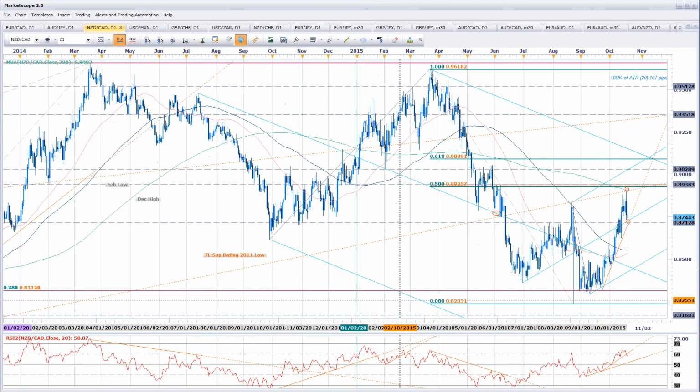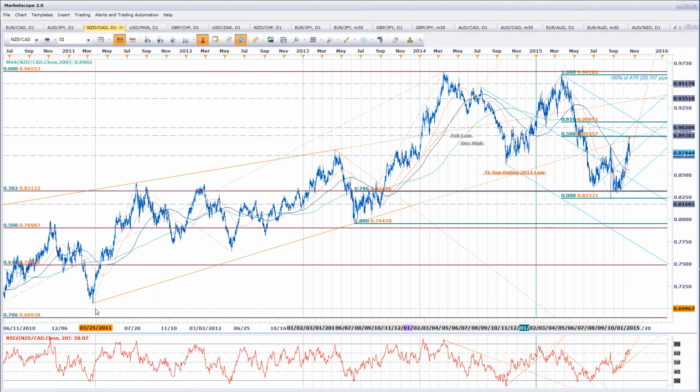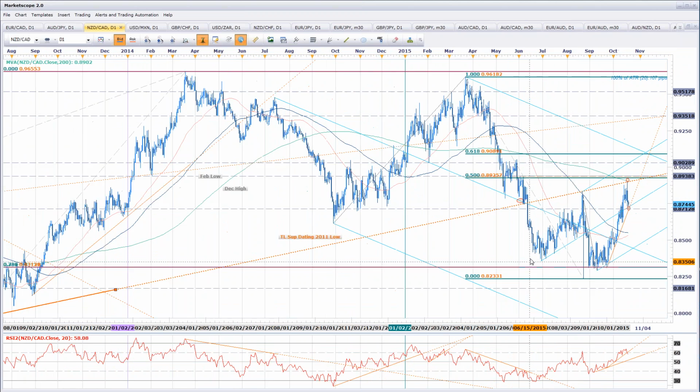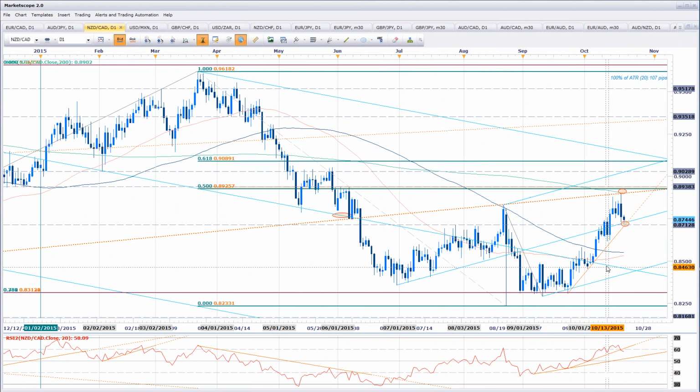So if we zoom this out to go all the way back to the 2011 low that you made in early March, connect that to the 2013 lows that you made in the pair, you saw a break of that earlier this year, back in June. We came back and tested that same exact pivot line from 2011 as resistance in August. This time around, not only did we come into that, you had the 200-day moving average, which is literally 2 pips off the high when this thing hit, and an outside key reversal at that resistance.